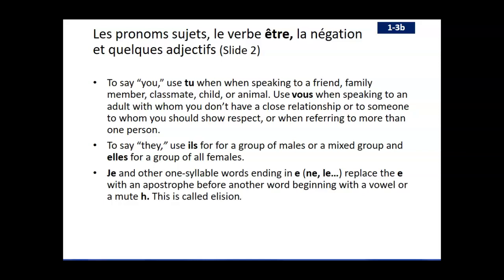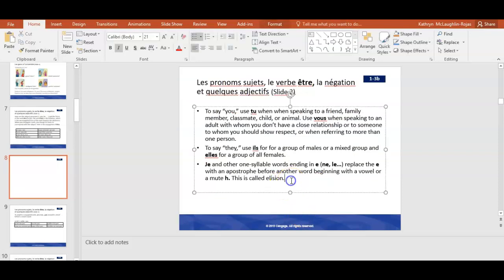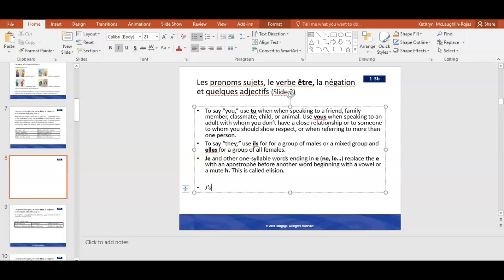So ils sont, elles sont. And then je and other one-syllable words ending in e, like ne, le, you replace the e with an apostrophe before another word that begins with a vowel or a silent h, and that's called elision. And the best way to demonstrate that to you, I'll just get out of the display view for a minute. You have all seen